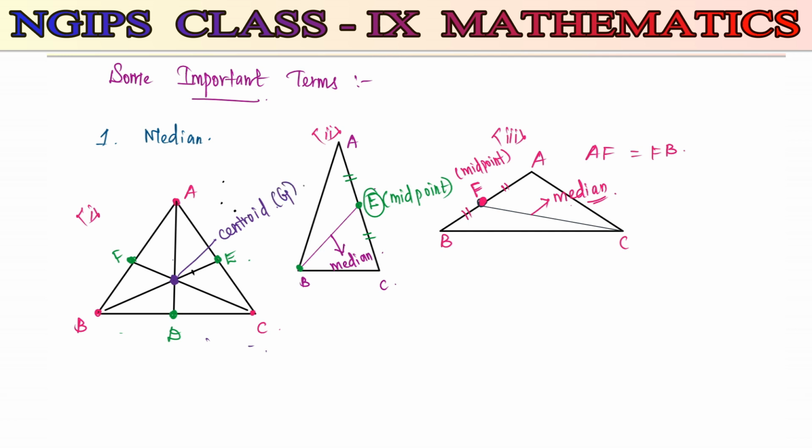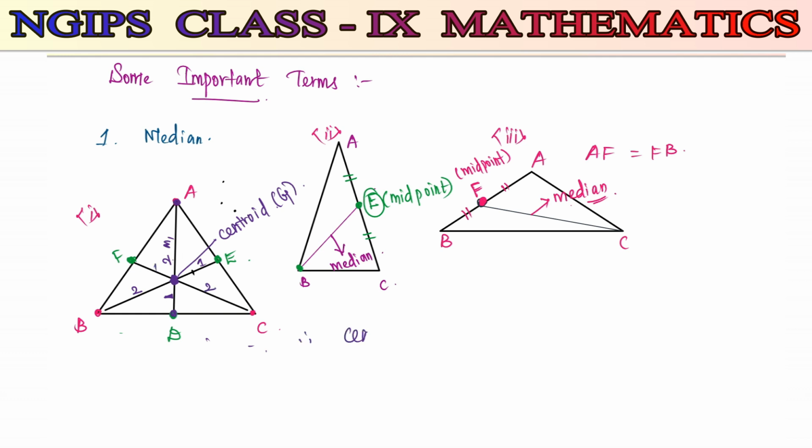Now this centroid of the triangle divides each median in the ratio 2:1. Listen carefully, from the vertex to the point D, this centroid divides the first median in the ratio 2 and 1. And as well from B to side AC, this ratio is 2 and this is 1. Now the centroid divides CF in the ratio 2:1.